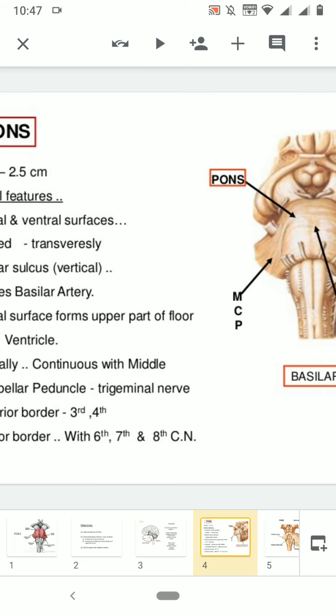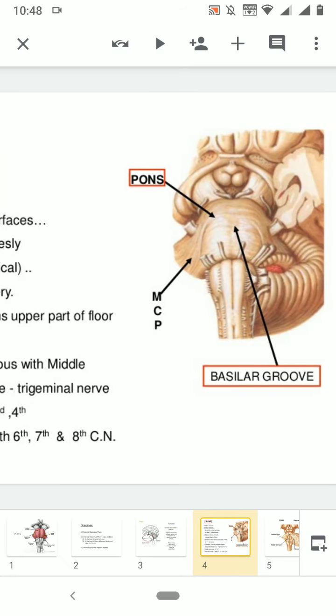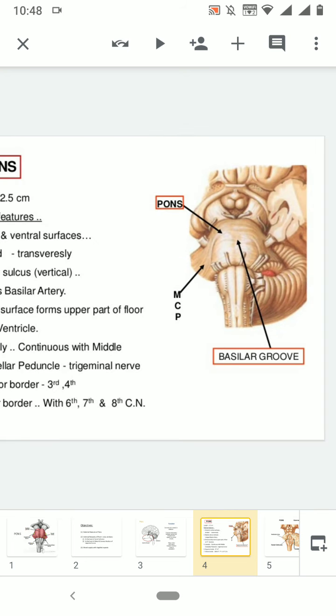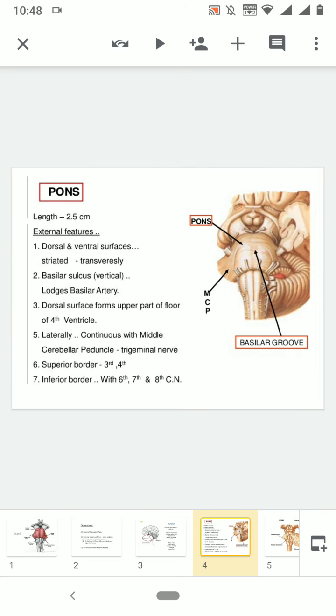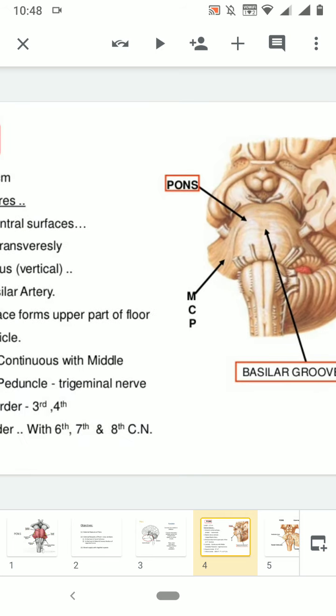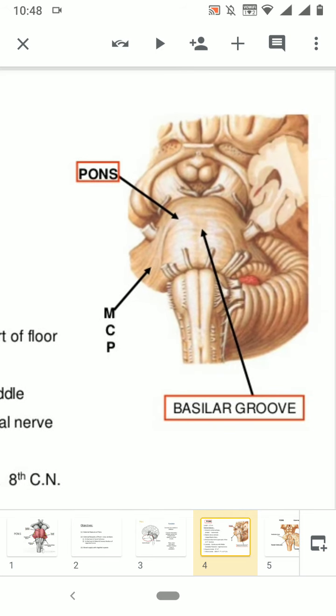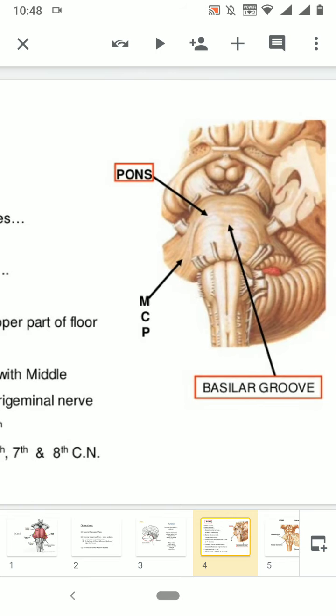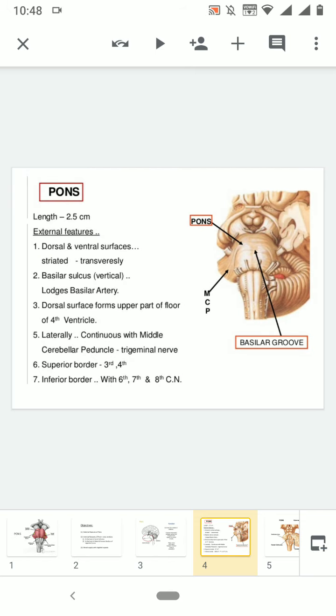And laterally you can see over here I have labeled something called MCP. What is this MCP? Nothing but the middle cerebellar peduncle, which will connect the pons with the cerebellum. Definitely you have an inferior border and a superior border. The inferior border is the pontomedullary junction, which actually has the nerves. So what are the nerves which are emerging from the pontomedullary junction? Again, for your revision, we have the abducens nerve, both the sides you can see, then the facial nerve and the vestibulocochlear nerve, and also, between the middle cerebellar peduncle and the body of the pons, we have the trigeminal nerve.